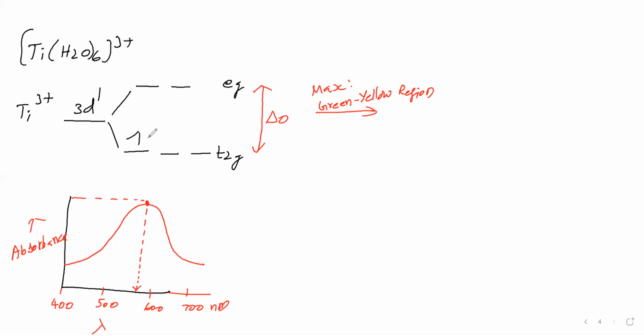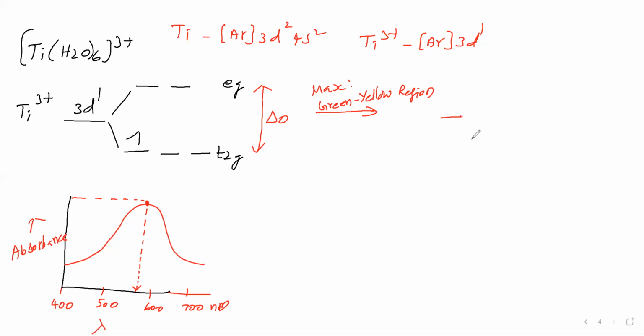Why has it absorbed? Why has this electron absorbed? Because the titanium atom electronic configuration is argon 3d2 4s2. Titanium plus 3 electronic configuration is argon 3d1. This is the valence shell electron. This electron will absorb energy, but it is a noble gas configuration. So this electron has absorbed this energy photon to the maximum extent.